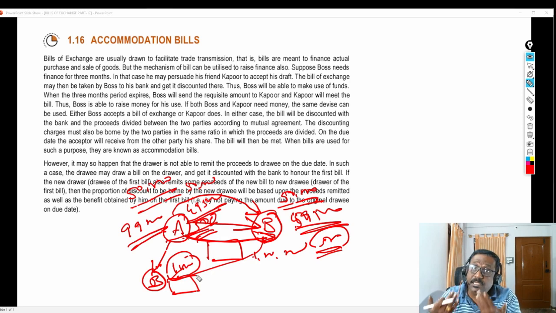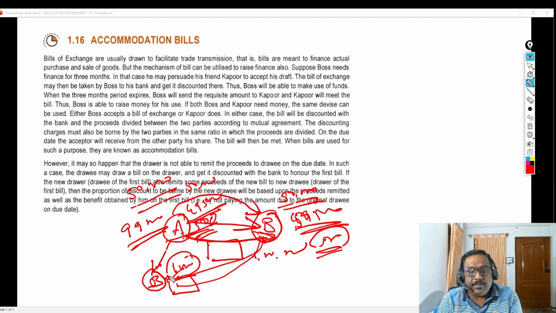Then B, who already used his portion of 50,000, received 50,000 rupees from A. Total 1 lakh he has. So that 1 lakh amount he will pay to the bank and the transaction will get closed. This is how they accommodate each other. A is accommodating B and B is also accommodating A, because they got into a mutual agreement